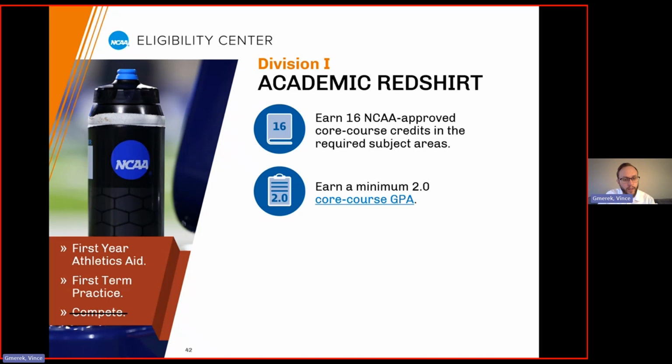In general, we have relatively few academic red shirts per year, usually not more than maybe 5% of the overall student athlete population, and I'm not sure if we've ever had as many as 5% total. So not many students end up being red shirts, but it's just worth mentioning that there is a middle tier of certification in case your GPA just was not high enough to meet that qualifier standard.